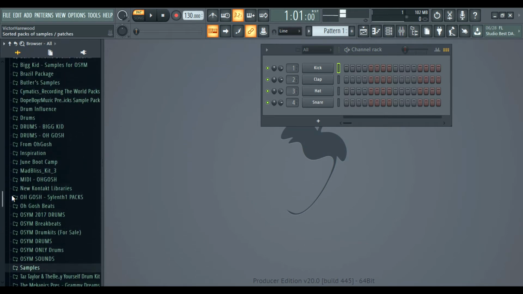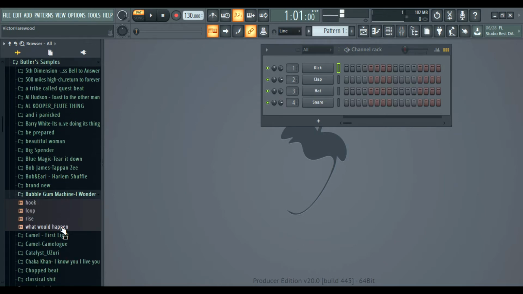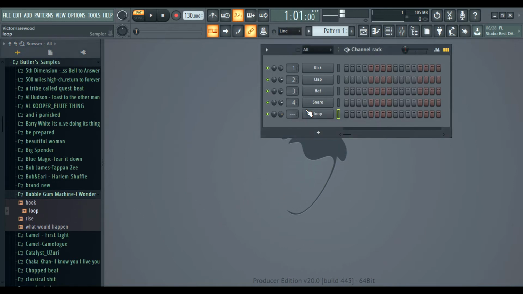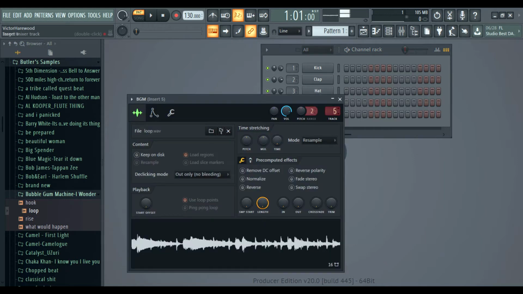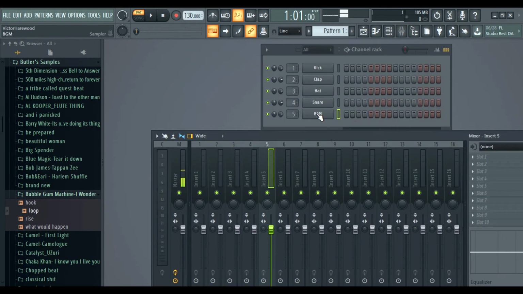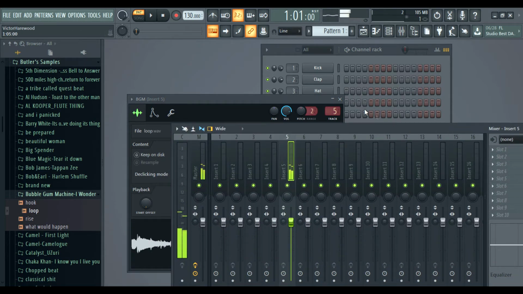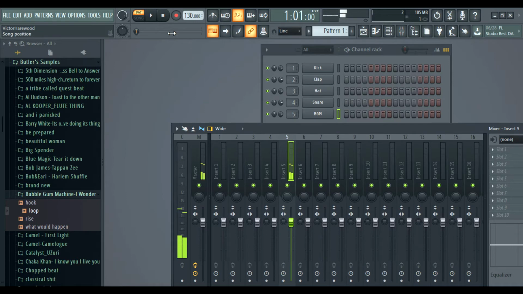I had a sample picked out already. It was this one. So bubblegum machine. So I'm gonna rename this BGM for bubblegum machine. I'm gonna put it on track 5, and you can also change track 5 over here. But the track 5 is gonna make it so that sound comes out of my mixer on track 5. So if I click this here, it'll be showing on track 5 there. Alright,